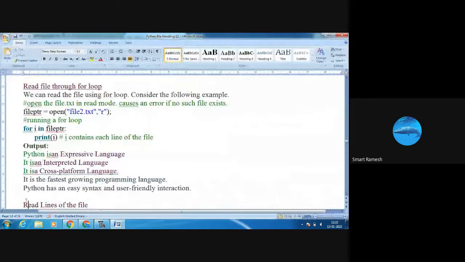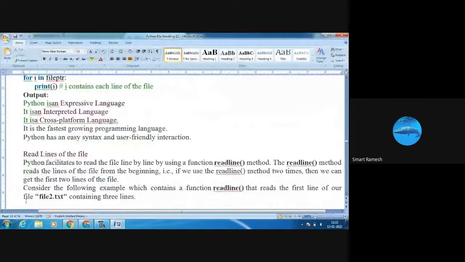Next, read lines of the file. See, readline. The readline function means it is singular, so it reads the first line of the file. If I am calling the readline function two times, it gives the first two lines of the file. Suppose I am using the readlines function, it reads the entire file. See, for example,